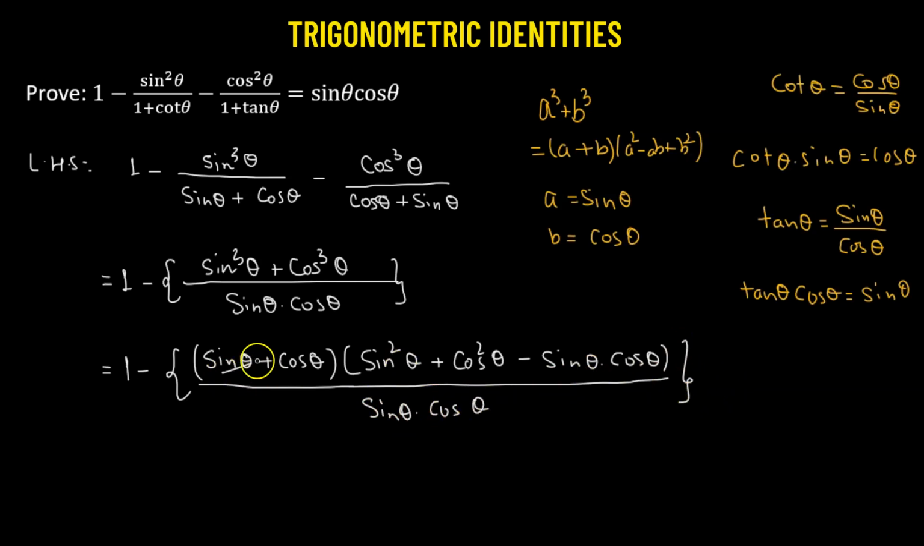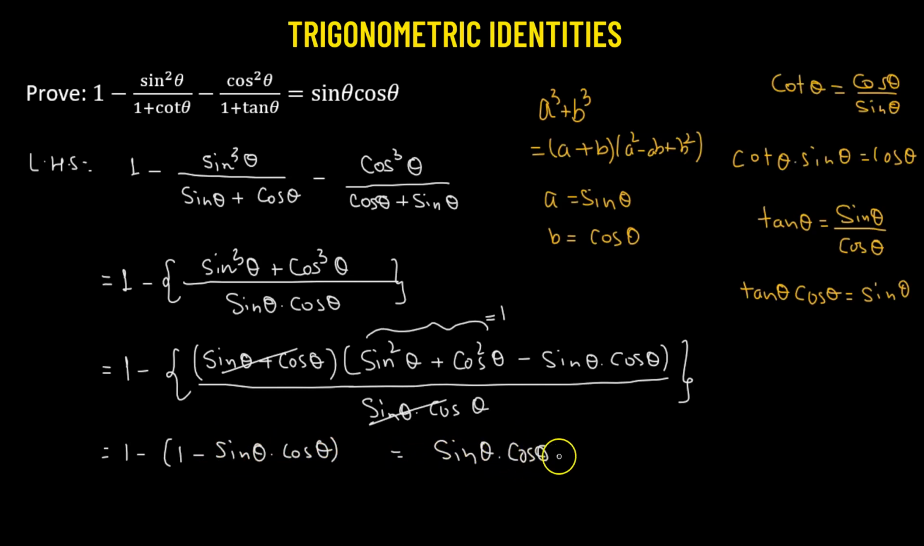Now, sine theta plus cosine theta will get factored out from the numerator and the denominator, and we know that sine squared theta plus cosine squared theta, this is an identity. This value is equal to 1. So we have 1 minus sine theta times cosine theta, and this is going to give us sine theta times cosine theta, which is the